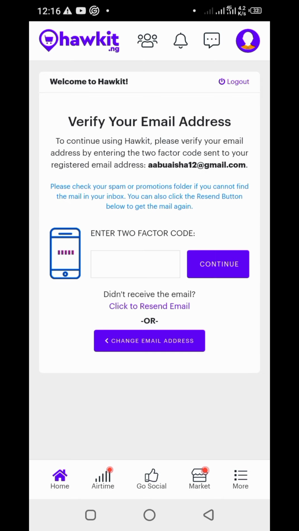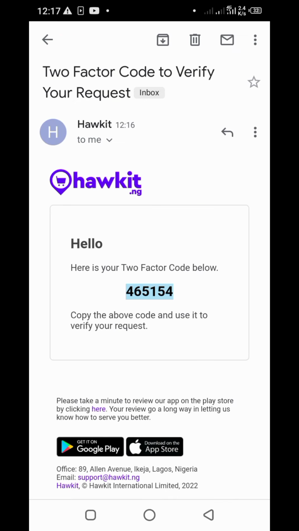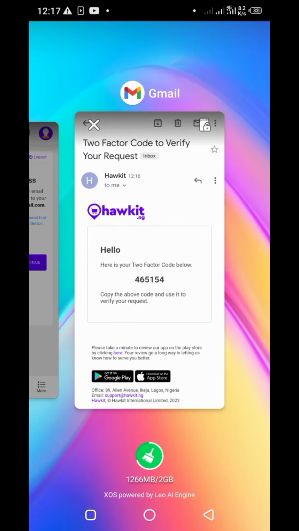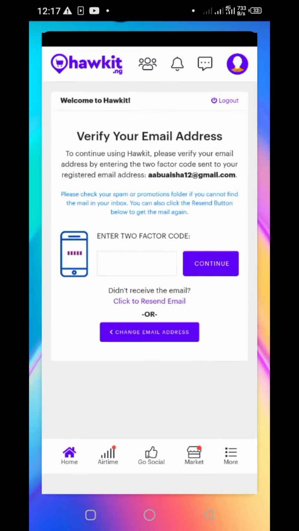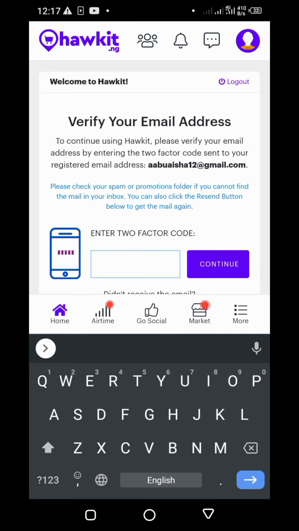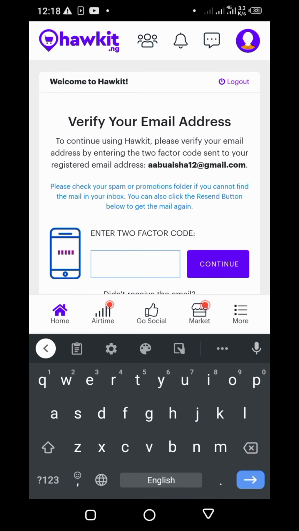This is my email address that I use. This is my verification code. I'm going to copy it and proceed back to the application, where I'm going to paste the verification code I copied, and then continue.